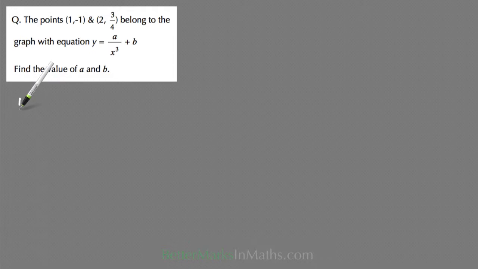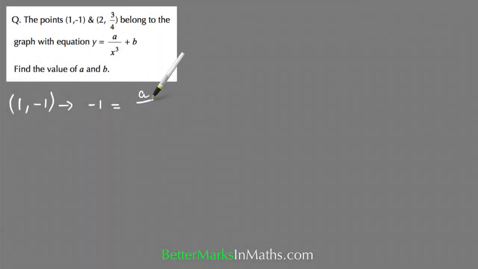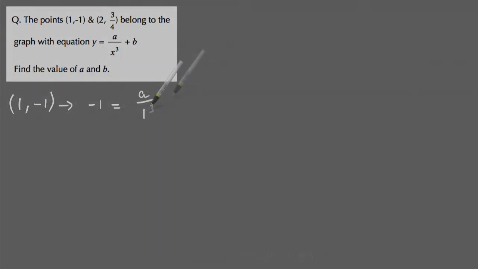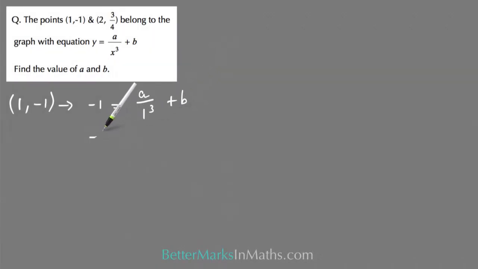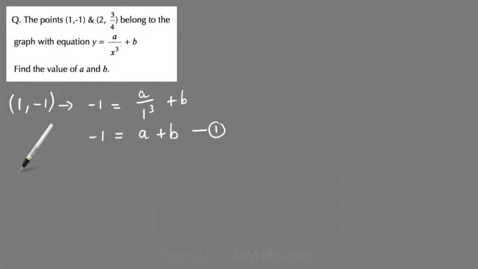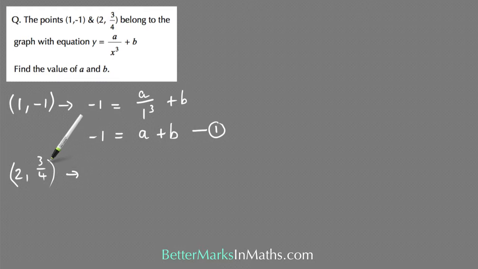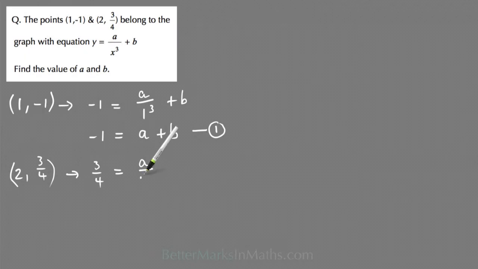So subbing 1, minus 1 into that equation, y is minus 1, and that's equal to a on, and x is 1, so 1 cubed plus b, and then minus 1 equals a divided by 1, which is a plus b, and you can leave that as the first equation. And then doing the same thing with the point 2, 3/4, subbing that into that same equation, this time y is 3/4, and that's equal to a on 2 cubed this time, plus b,